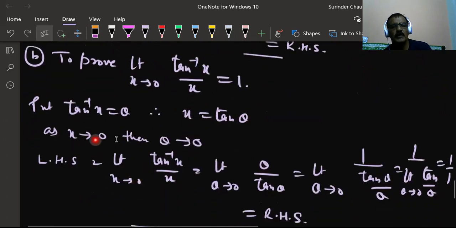So taking the left hand side, the limit as x approaches 0 of tan inverse x upon x is equal to, with the substitution, the limit of theta upon tan theta. This can also be written as the limit as theta approaches 0 of 1 upon tan theta upon theta. The limit of a quotient is the quotient of limits, the limit as theta approaches 0 of 1 is 1, limit of